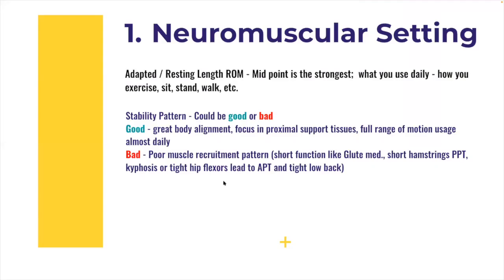Okay, so then the next thing, short hamstrings, we gave some examples of that. You could think about functioning in short hamstring type positions. Posterior pelvic tilt is your butt tucked under. A lot of people have this rounded back posture, especially as you age, and your tissues adapt to that. So if one tissue is going long, the other side of the body is going short, and you overall create dysfunction in your body mechanics. So those are all neuromuscularly setting the tissue. The next thing,